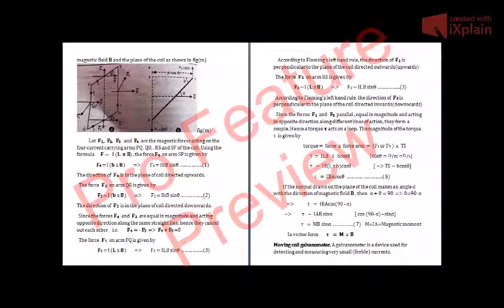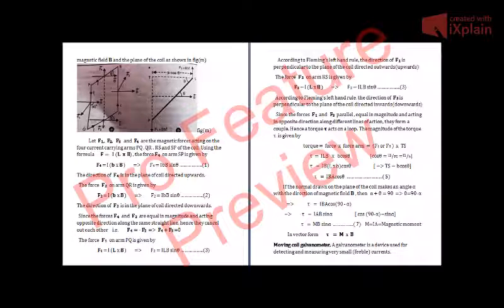Since the forces F4 and F2 are equal, as you can see from equation first and equation second, their magnitudes are equal, IBB sine theta or simply IBB. In both the cases, their magnitudes are equal, so the two forces are equal in magnitude. F4 and F2 are equal in magnitude and acting in opposite direction. As you can see that F4 is acting upwards and F2 is acting downwards, so their directions are opposite and they are acting along the same line.